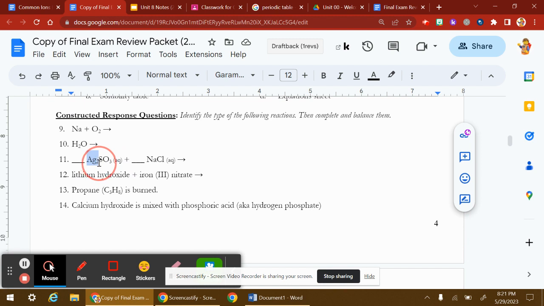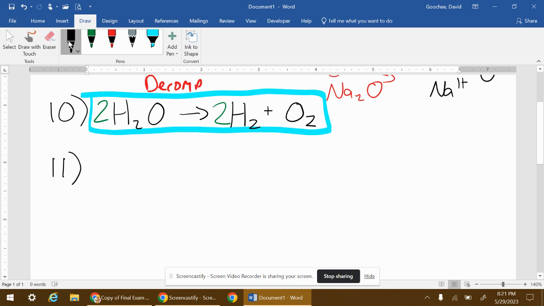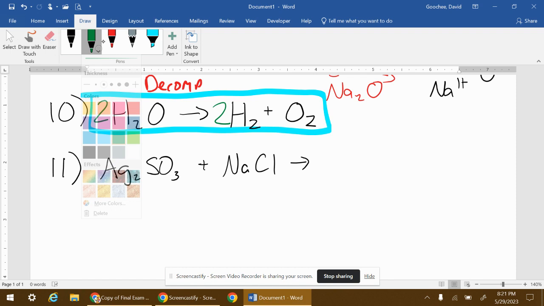Ag2SO3, so silver sulfite, and sodium chloride. Okay, this is a double replacement reaction. Let's jump into it. So we've got Ag2SO3, okay, plus NaCl. Now, the first thing I do here is I like to go through and identify what ions are present,